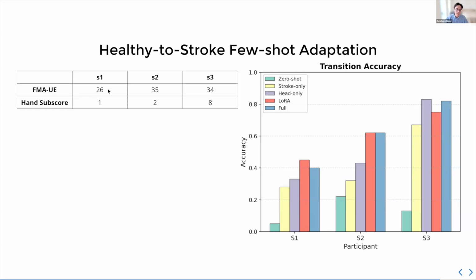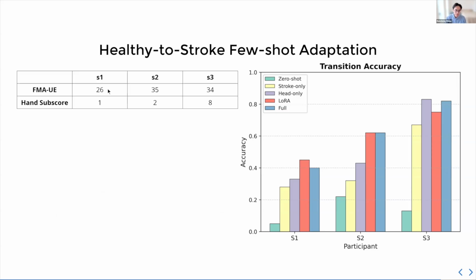Whereas S1 is our most impaired subject, and you have the lowest accuracy. So I think the story here is that if you're closer to healthy, healthy pre-training will help you more. And if you're more impaired, you might need more data or some other methods to improve your performance. But it's still better than if you train only from stroke.